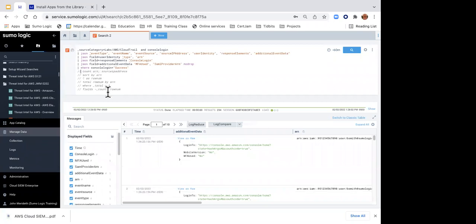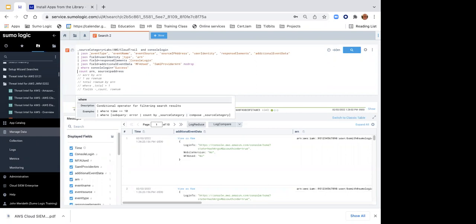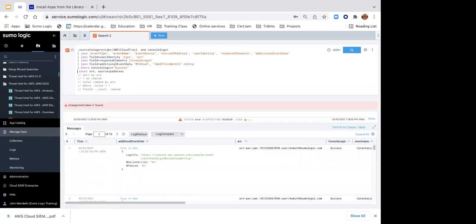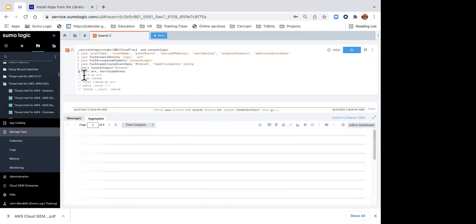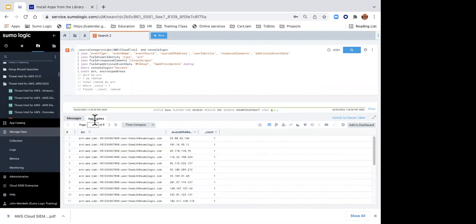Then when I say count ARN, and by the way, ARN is, I think, account resource name or access resource name. It's going to count by that access resource name field as well as my source IP address. So when I click count, let me put a pipe in there so it actually works. All my commands are strung together by that pipe. What happens when I do a count or a sum or a min or a max is it creates this aggregates tab. And in this aggregates tab, I put the results of my count in there.